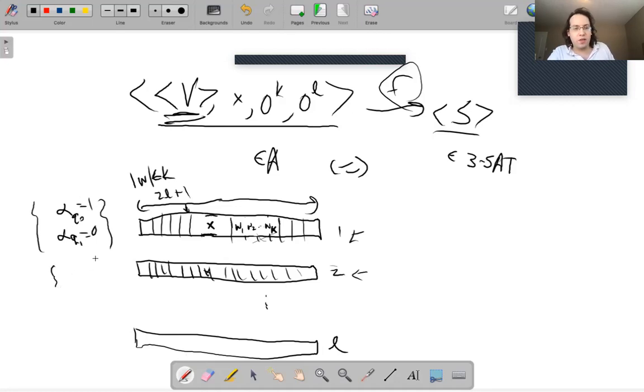Okay, and so in each of these L different configurations, we will have these sets of variables, alpha Q0 and alpha Q1, and so on. So we're going to have all these variables. So at the beginning, we set all of this to,